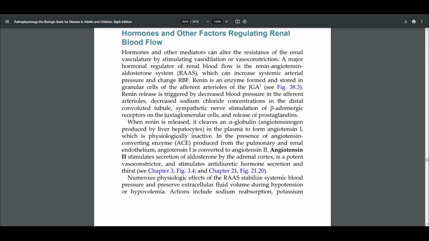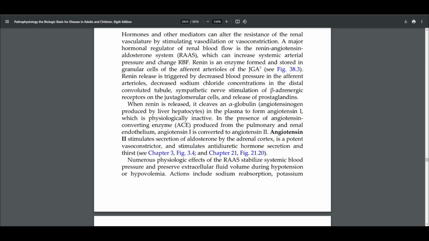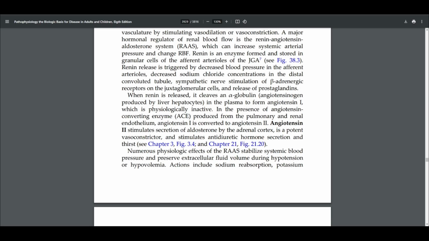When renin is released, it cleaves an alpha-globulin, angiotensinogen, produced by the liver hepatocytes in the plasma, to form angiotensin I, which is physiologically inactive. In the presence of angiotensin-converting enzyme, that ACE enzyme, produced from the pulmonary and renal endothelium, angiotensin I is converted to angiotensin II. Angiotensin II stimulates the secretion of aldosterone by the adrenal cortex, is a potent vasoconstrictor, and stimulates antidiuretic hormone secretion